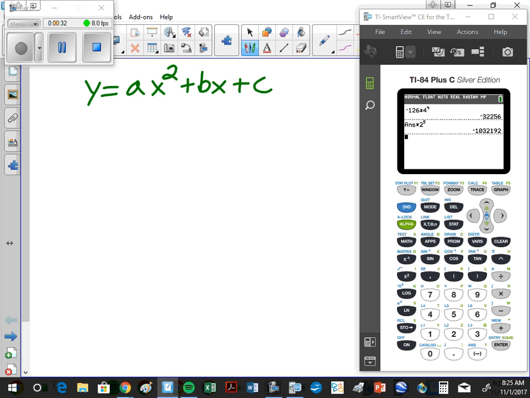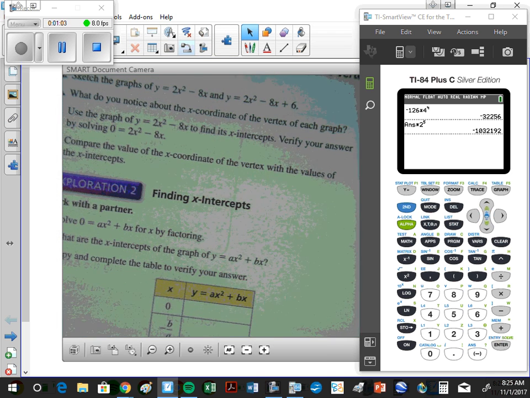Okay. Well, if you turn to section 3.3, we'll find out what we need to do. So I'm on page 135. So on page 135, we see